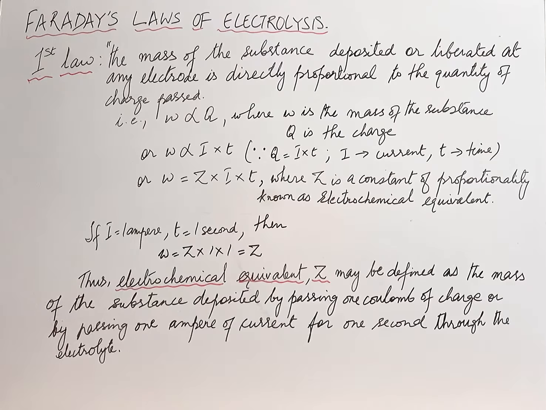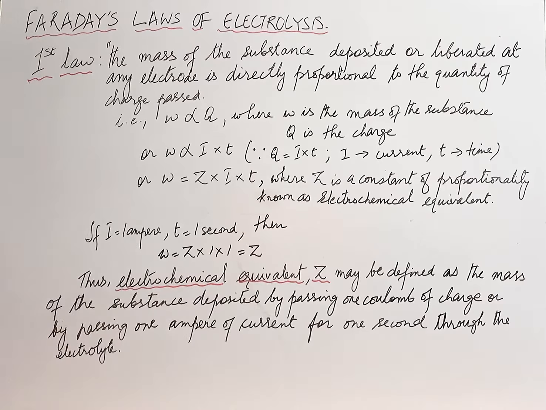at the cathode, that is determined according to Faraday by the quantity of charge that is passing through the electrolytic cell. So mathematically speaking, if W is the mass of the substance, then this W is directly proportional to Q, where Q stands for the quantity of charge that is passing through the electrolytic cell. So Q is nothing but the product of current and time. So we are going to replace Q here. So W is directly proportional to the product of I, which is current, and time, or T, which stands for